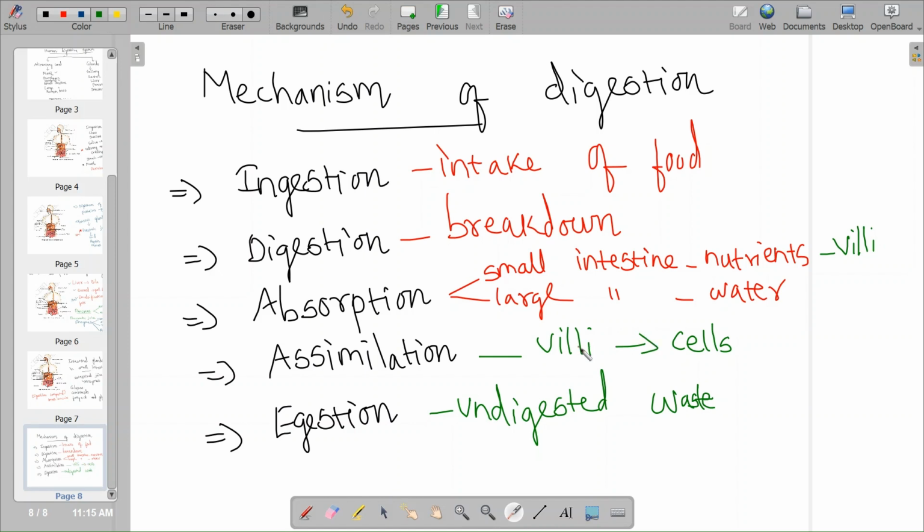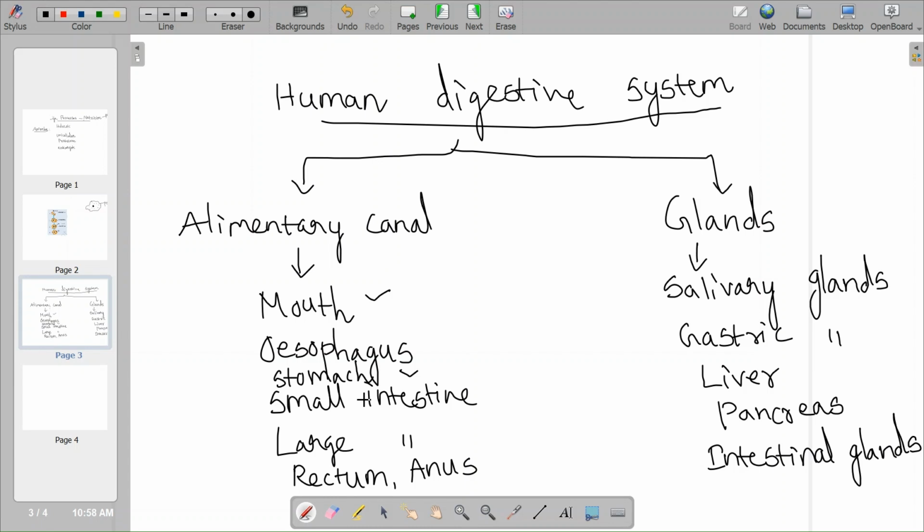After that, all the undigested waste materials are eliminated out through the anus. Undigested waste materials are stored in the rectum and eliminated through the anus. The alimentary canal starts from the mouth and ends in the anus, and the glands include salivary glands, gastric glands,